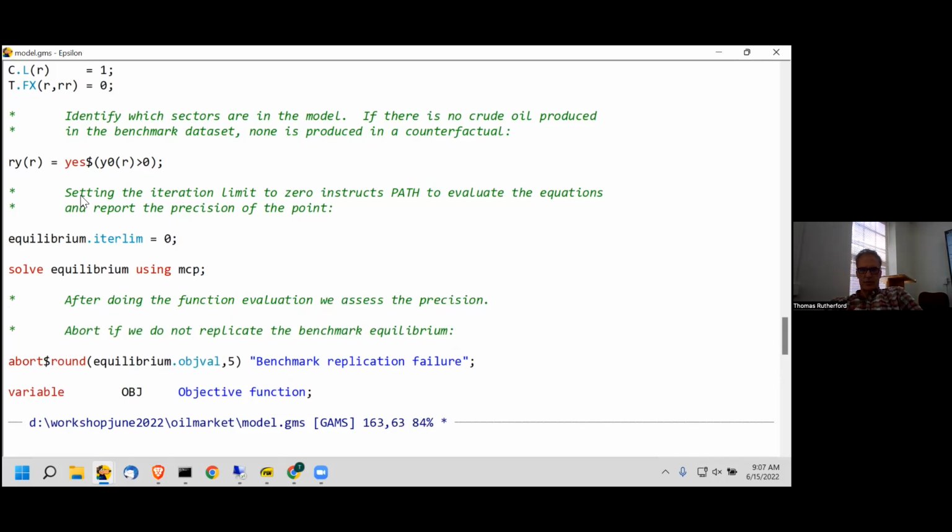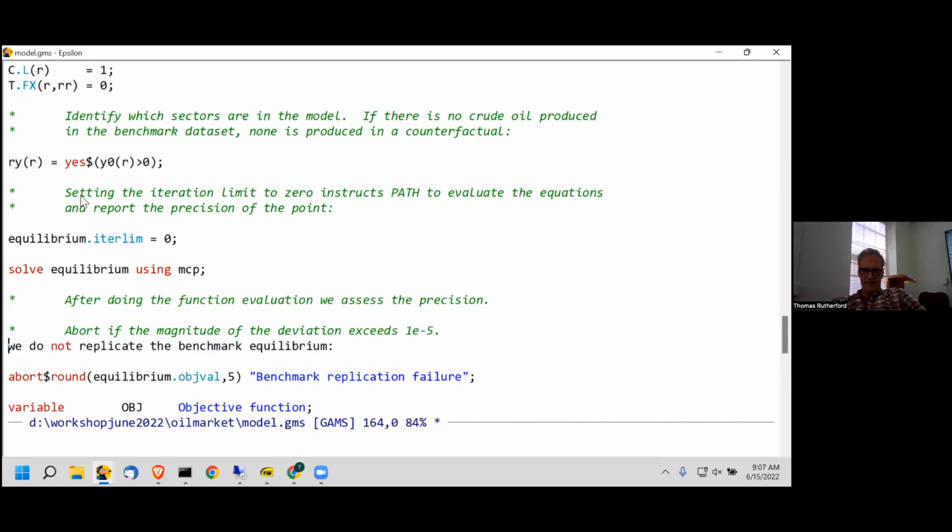So if the magnitude is greater than e to the minus fifth, if this happens, we are not replicating